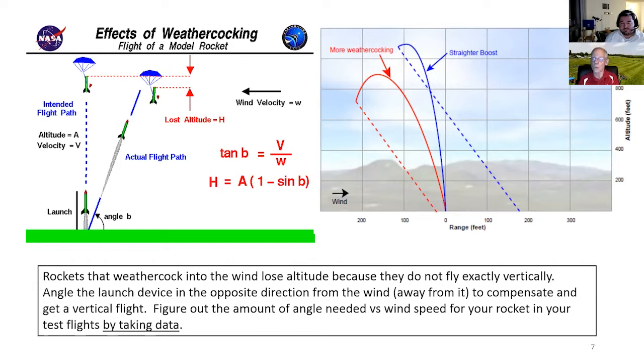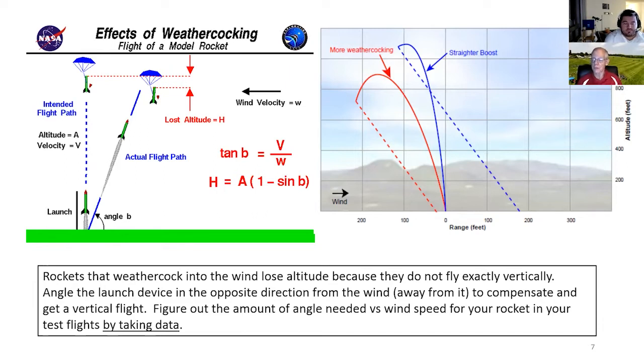So your rocket's individual performance in response to crosswinds will depend on the stability margin of the rocket and the thrust to weight ratio. You need to figure that out by taking data, by measuring the angle that your launch device is off of true, looking at the wind direction, measuring the wind speed, and then looking at the trajectory and understanding, was that a vertical trajectory or not? Somebody has to step back some distance to see that truly. And yeah, that's a lookup table that you can make.